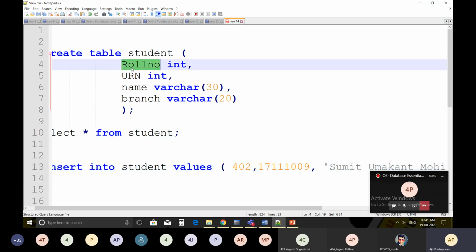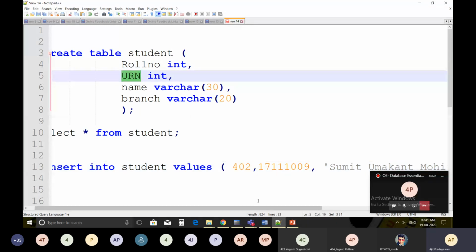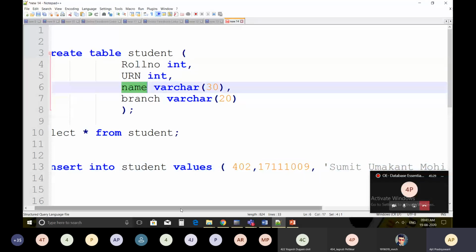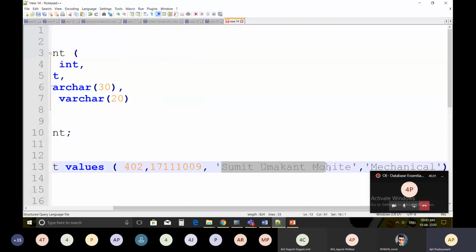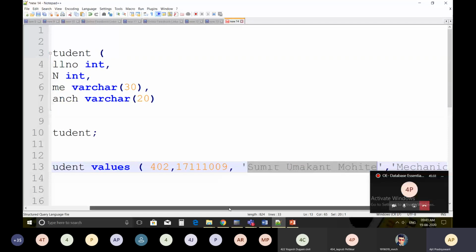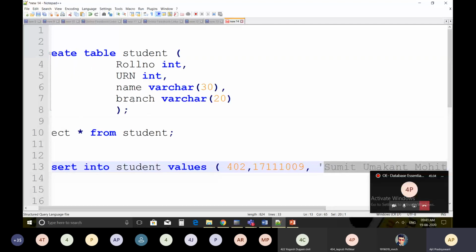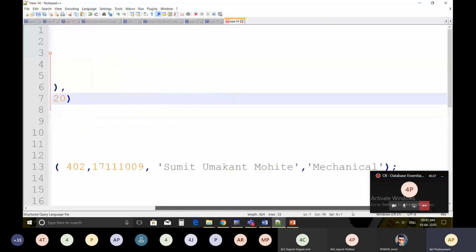First is roll number, so 402 is the roll number. The second column is URN number, so the second value you pass is your URN number. Then third is name. Here I have mentioned this name, Sumit Mohite. Then next is branch. I have mentioned this branch.